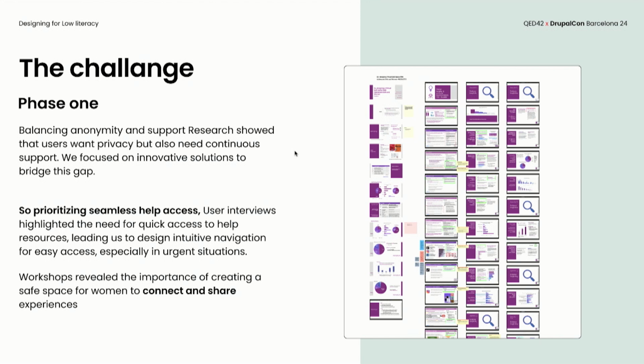The other challenge was to give them urgent help. If they need immediate help or have an urgent emergency, we can give them touch points so that they can go to urgent help immediately through the platform. Then there was the third challenge, to make them feel more connected and able to share. So they can connect and share with other women, their peers, and feel more connected in the platform.